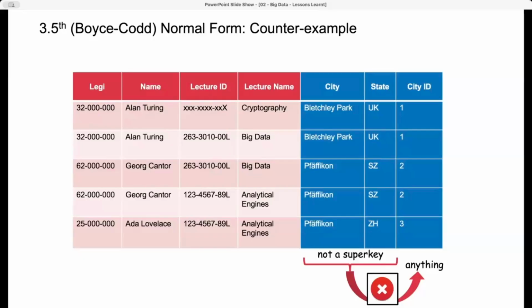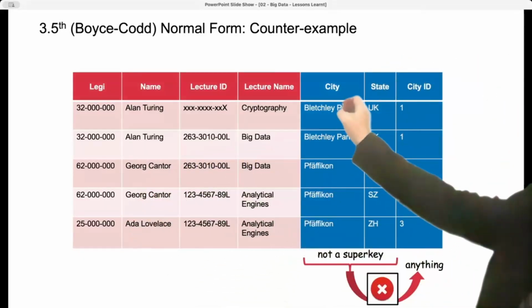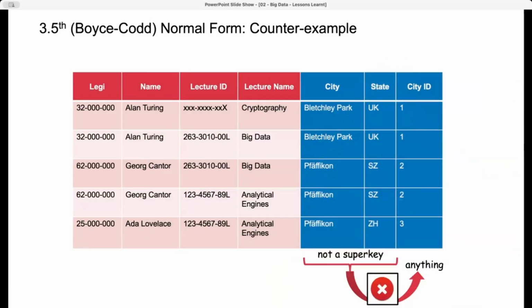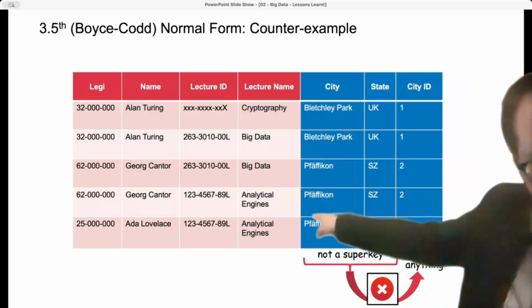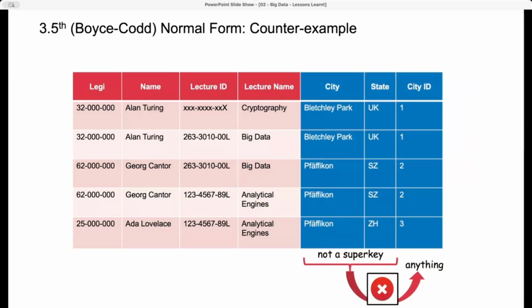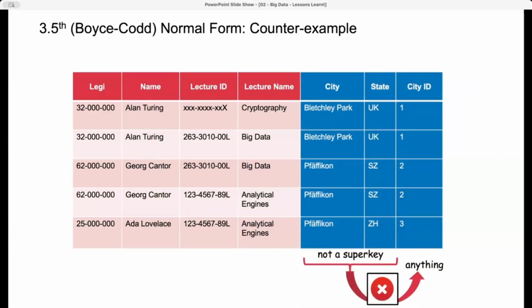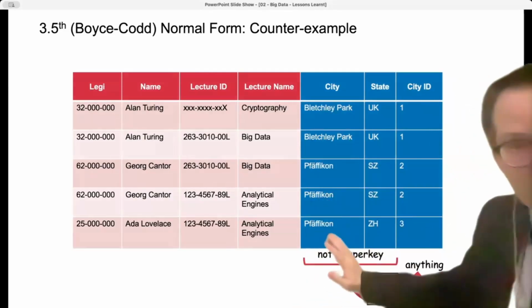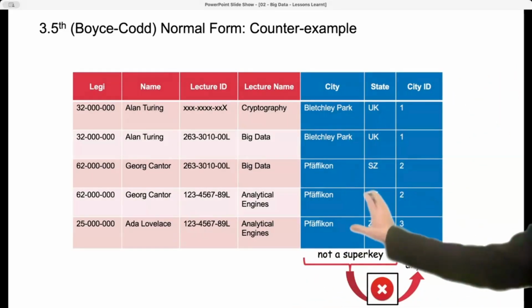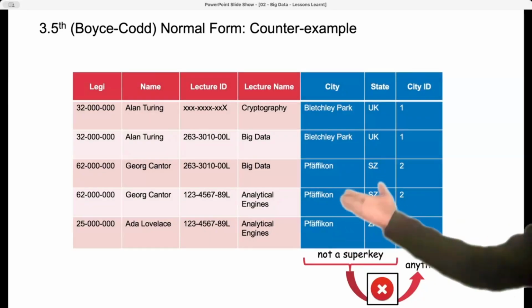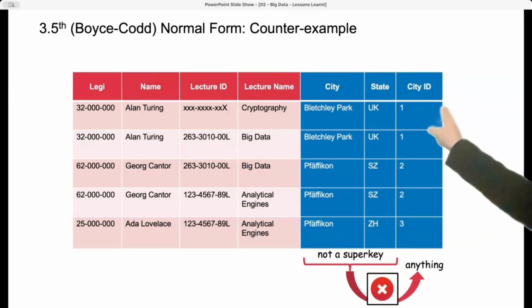If you look at it, you notice that we have here a city and a state. So you know that the city alone might be ambiguous. For example, Pfäffikon. There's one in Schwyz and there's one in Zurich, right? So we say Pfäffikon Zurich, Pfäffikon Schwyz. The same goes, there's a Zurich in the US too. There's actually probably several of them called Paris and so on. But if you take the name of the city plus the canton or the state, and we make the assumption that it identifies uniquely a city, then we have here some